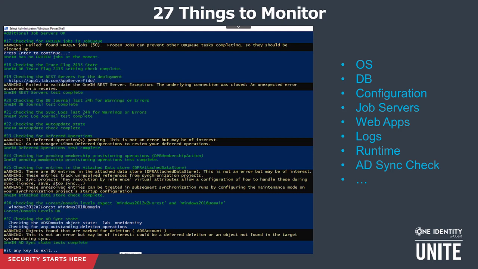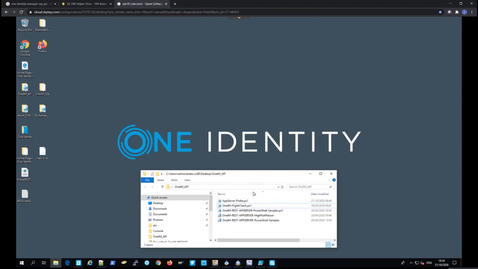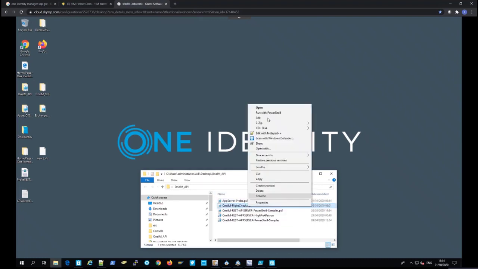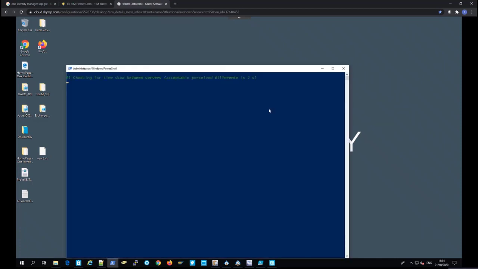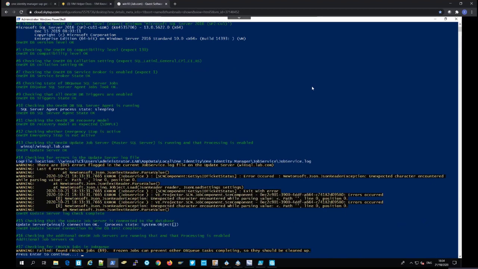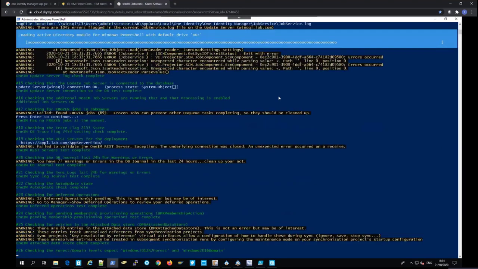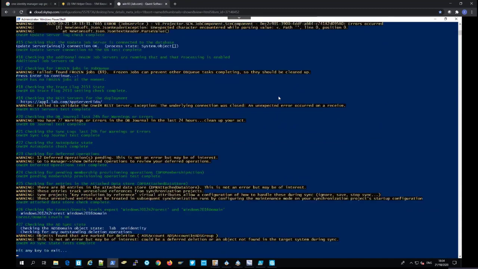Now, let's move on to our topic, 27 things to monitor. We can just switch to a little demo of this just to show you what it looks like. So let's go on into a desktop here. We have a little PowerShell script that will expose these things. Let's run up this PowerShell. Can make this big screen. You can see there's a little PowerShell running through. Just let it continue there, running through a bunch of things that we might want to monitor in Identity Manager.